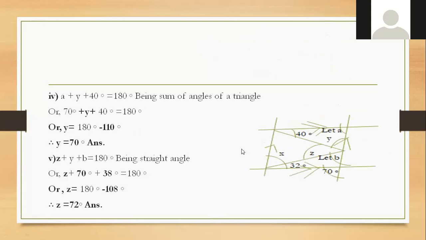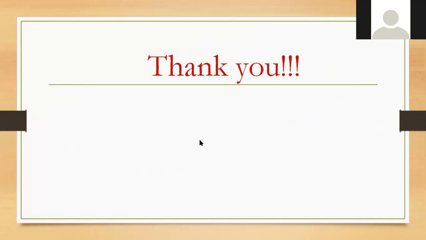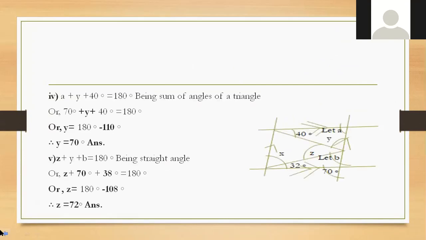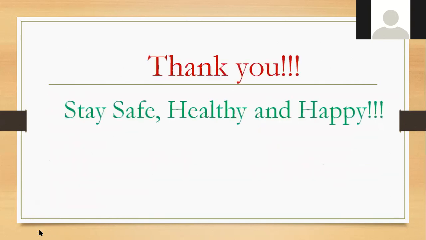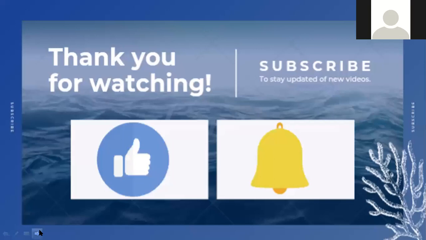This also I explained and we got the value of z. Okay, last one, this one, adding all this z, y and B. After that, now look here. That was the last question of this exercise. Okay, children? And look here. And please, now I am going to start chapter 6.